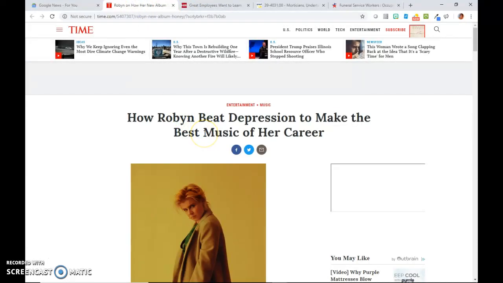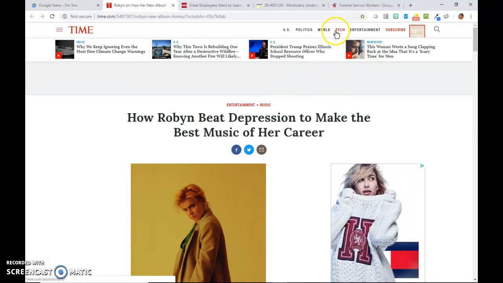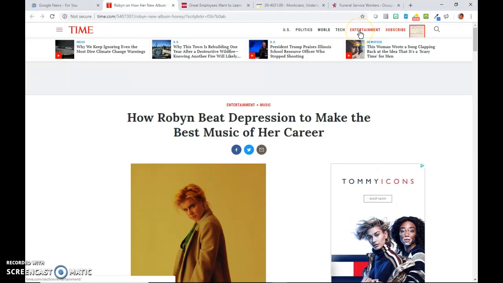If you were interested in a musician type career, here's an article from Time. Time actually has a whole category called music. So if you're looking for a specific thing, like a technology career or an entertainment career, you can find some magazines and just click on those categories, and then you may find something without having to search